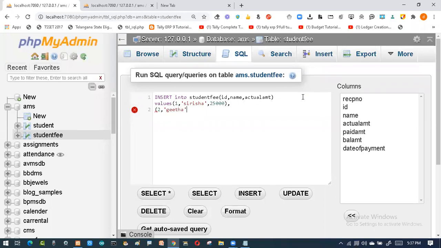Then her fee is also 25,000. Then another record, the third record. Her name is Pravalika. Then her fees is 35,000. Say like this. Okay, it's left to you.